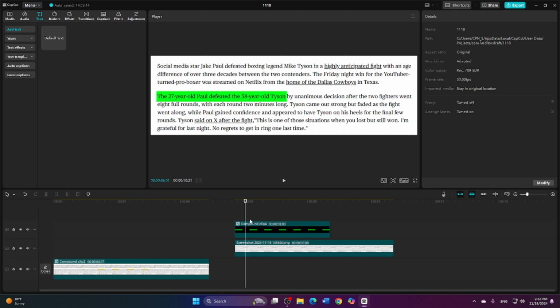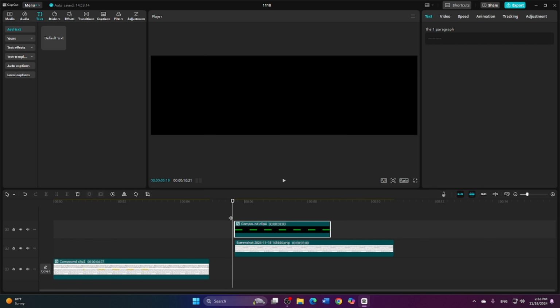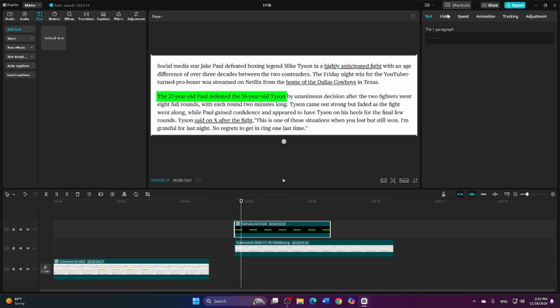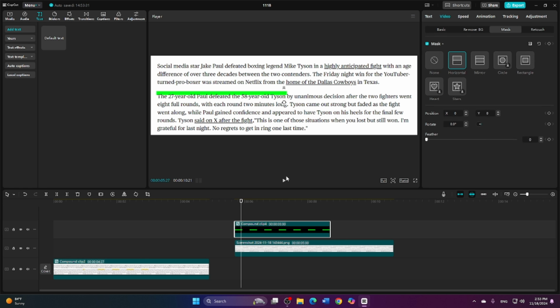Now it is highlighted, but we need the animation something like this. So for that, come here and go on video and here mask and choose horizontal and rotate this up to 270 and come to the beginning. Here you have to keep this straight line in the beginning of this compound clip and add one keyframe of